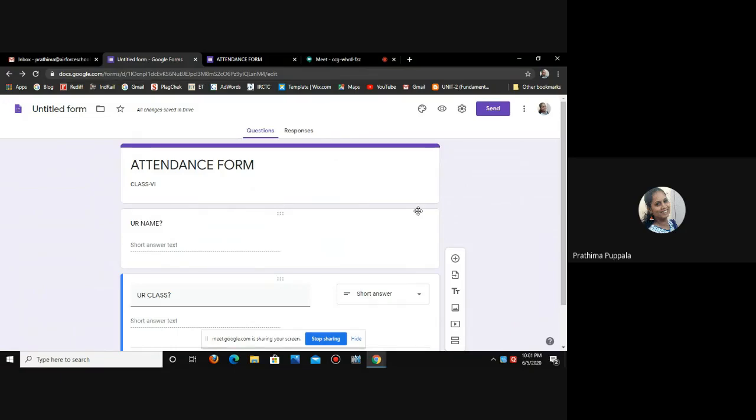So it's better if you make the attendance forms before the time of live classes. You won't waste your time. Just make different attendance forms and don't send the same form repeatedly. That means responses will overwrite on a single form, a single sheet only. Otherwise, you can download it and then use the same form. Now I'm submitting my response.